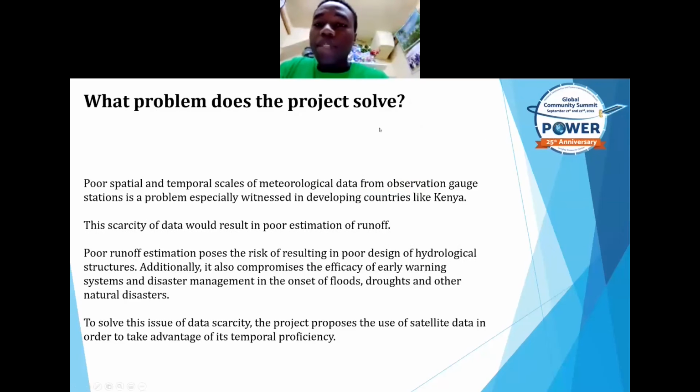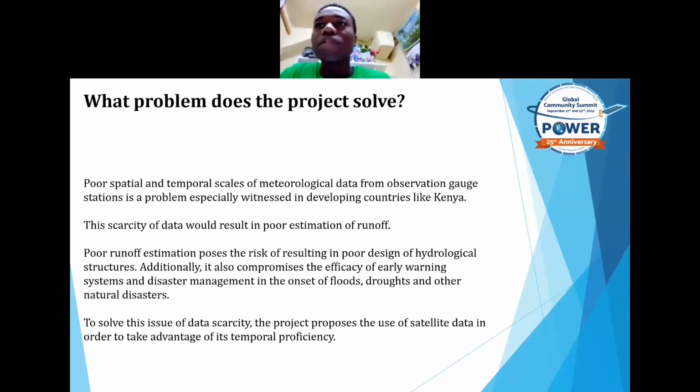The problem we have is that there is poor spatial and temporal data in basins in developing countries, for instance, in the Nzoia Basin, which this research is on. So this leads to a lot of issues, especially with early warning systems for floods and for hydrological structures for engineers. So what the project intends to solve is to take advantage of the fact that